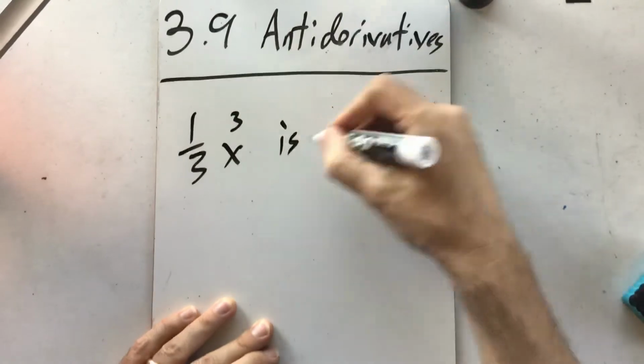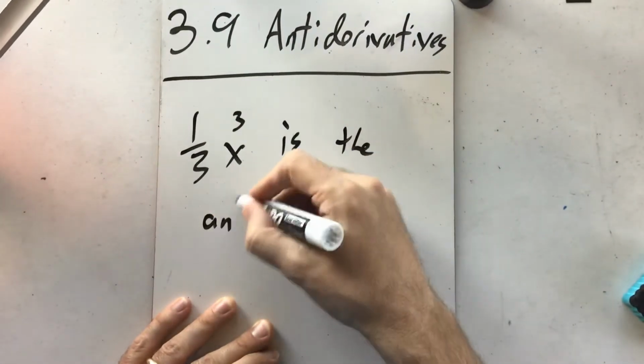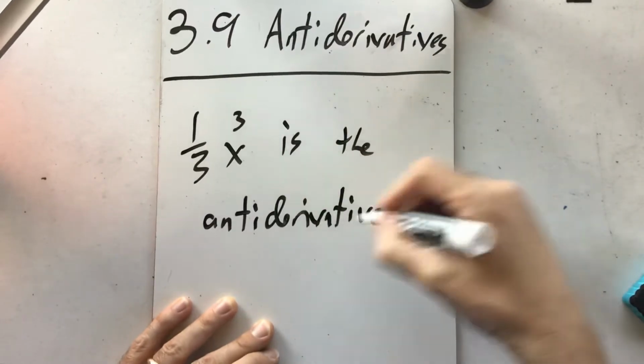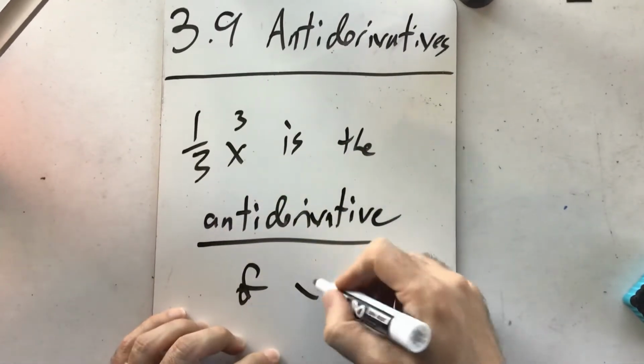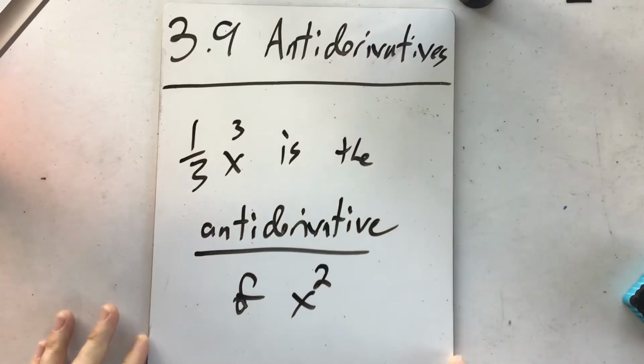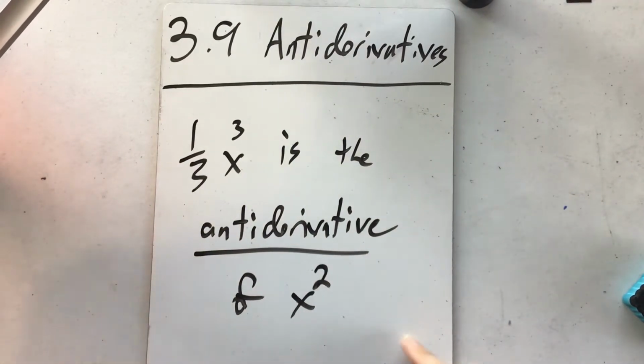1/3 x cubed is the antiderivative of x squared. So what is an antiderivative? And by the way, this is the point in the semester when you look at me and you go, hey,